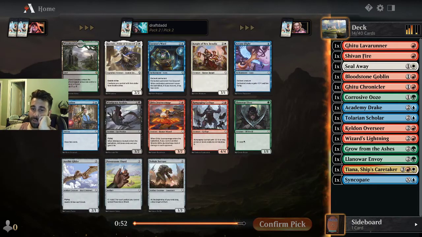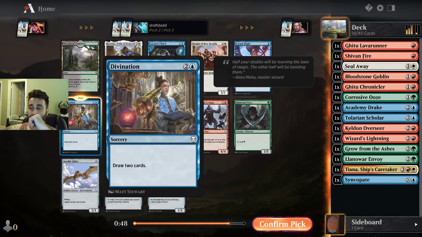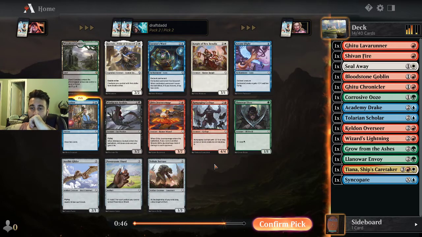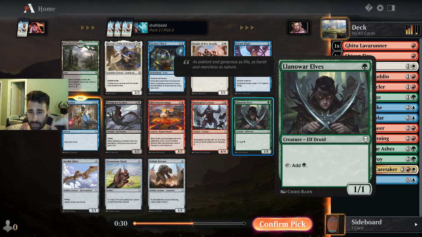Now, Quende, you're killing me. All right, so it's between Llanowar Elves or Divination. I think the red-blue deck is intrinsically more powerful than red-green. So I want to take Divination here. In the kicker deck,